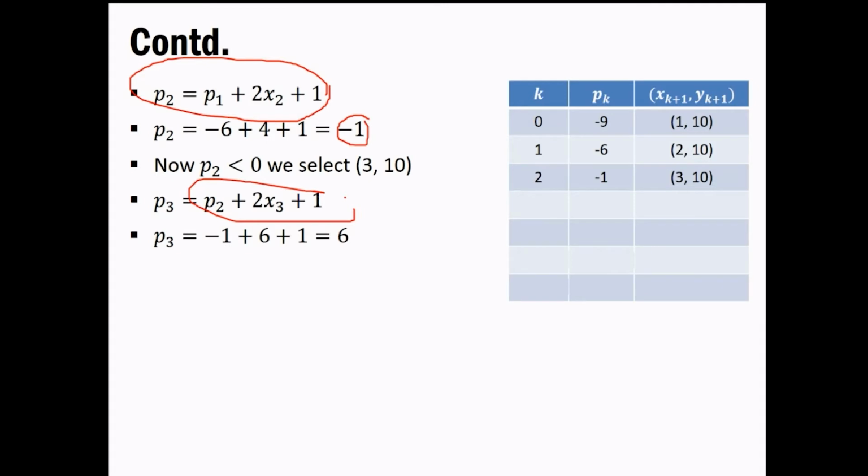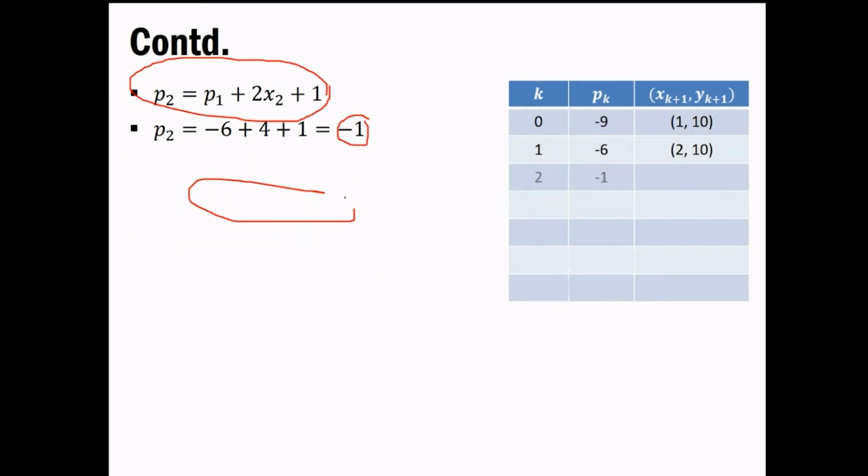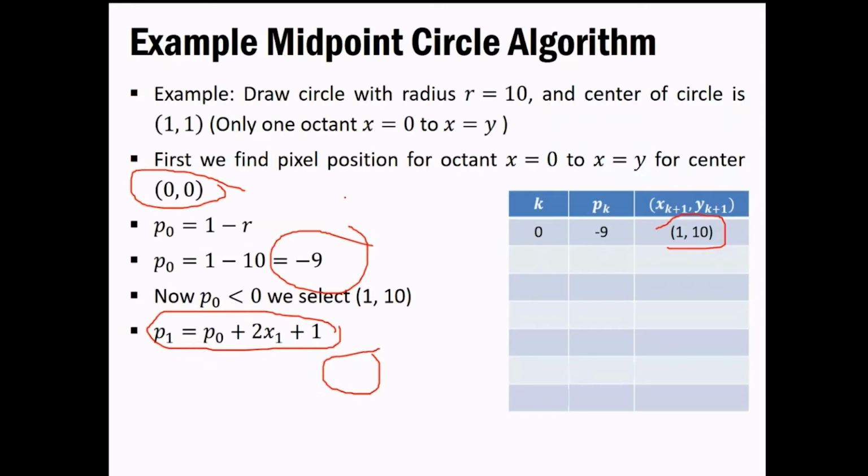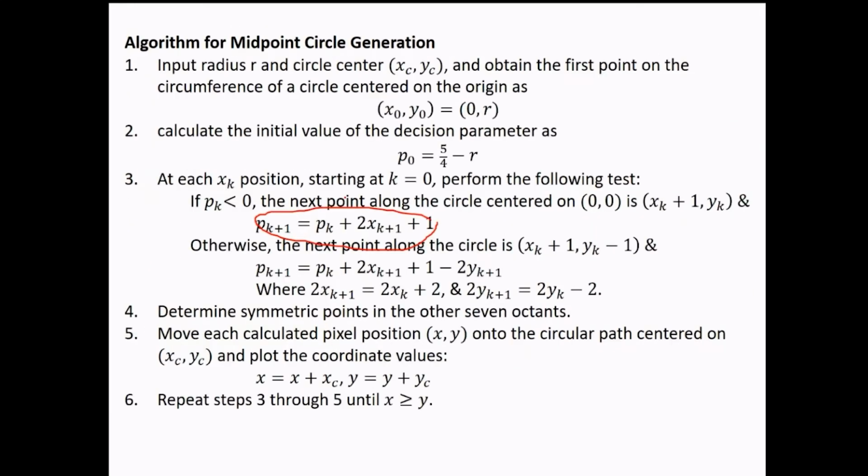So now there is one change. Now you'd be getting a different value. You can keep your algorithm handy, and in that you check if it is not less than 0, then what. If it is not less than 0, then we have to increment the x value as well as decrement the y value. So we'll check what our algorithm says. If it says this, then it is perfectly fine. As you can see, it is clearly written over here: x plus 1 and y minus 1. So that is what we have to do if this condition is not satisfied.